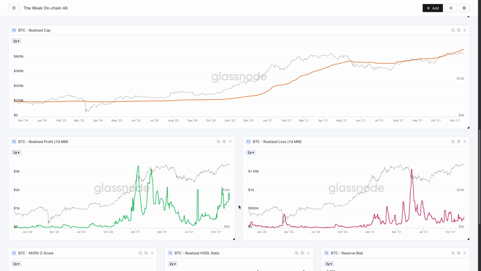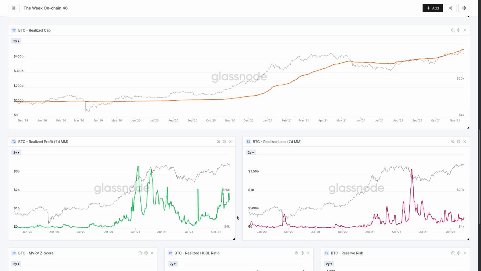Now, of course, if we start to get some kind of downside price action, that starts to tell us that there's more supply than demand. But I also suspect if we are in a strong bull market, we will probably see realized profits declining as we see a pullback, because that generally means people are not willing to sell at cheaper prices. They're actually going to wait for higher prices. Now, of course, if people continue to sell as price goes down, that's a more bearish signal.